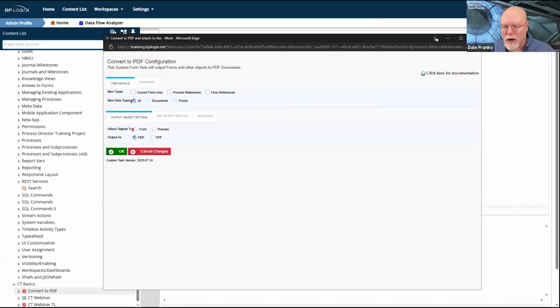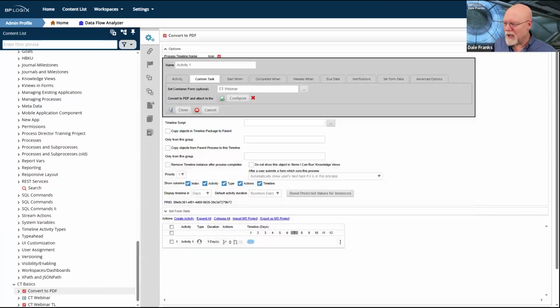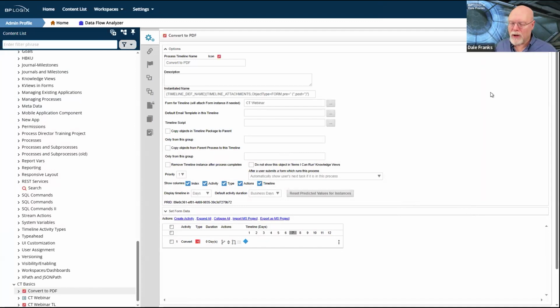I'll do whatever configuration I need to do here to ensure that that gets converted. Obviously, I want to pull process references. In this case, there is a setup for the custom task itself, for the group names for the attachments. We're just going to elide past that. I'm just building the activity, and we'll just call this convert. And we'll close that.